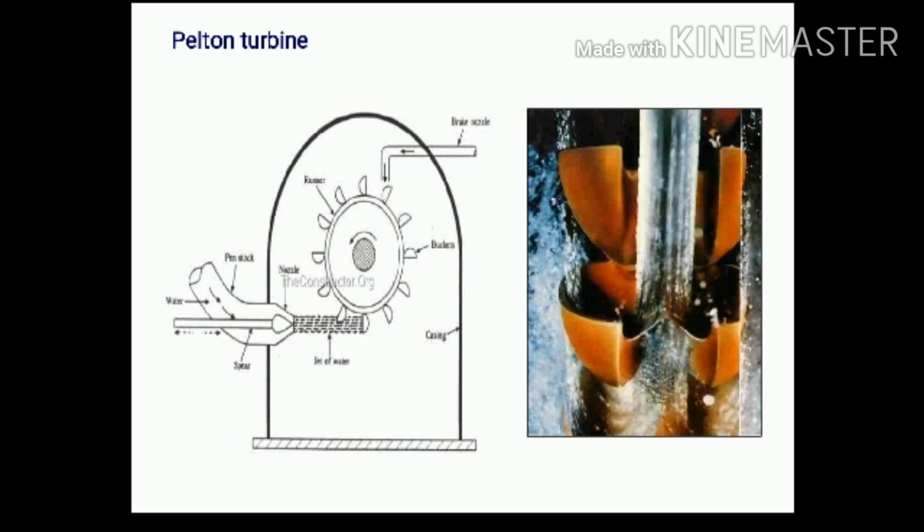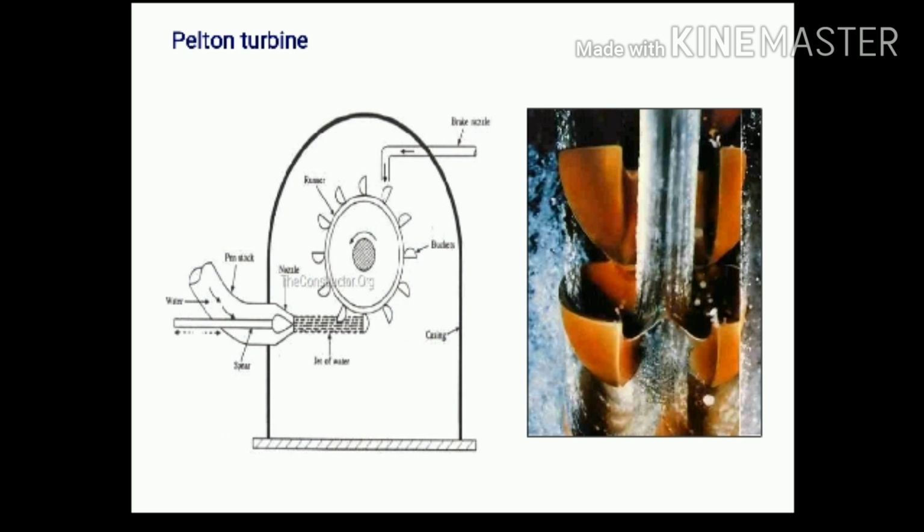Now in the first part, the nozzle and the spear assembly, the needle spear is provided in the nozzle to regulate the water flow through the nozzle. Also it provides smooth flow of water with negligible loss of energy. Now this spear is simply a conical needle which can move in axial direction by operating the wheel either manually or automatically. In our lab we have a setup of this Pelton turbine, and there the hand operated spear is there.